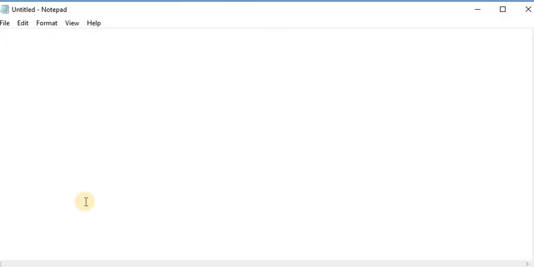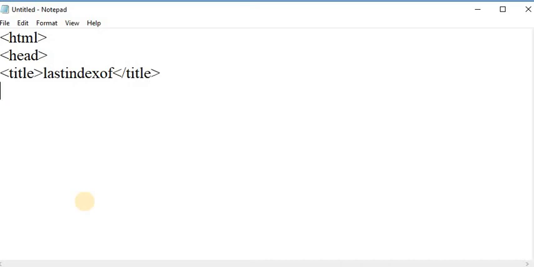First of all, take a notepad, and in that first write the HTML tag. After that I am writing a head tag. After the head I am taking a title tag, and in that I am assigning the title "last index of", and close the title tag. After closing the title tag, close the head tag and open a body tag.